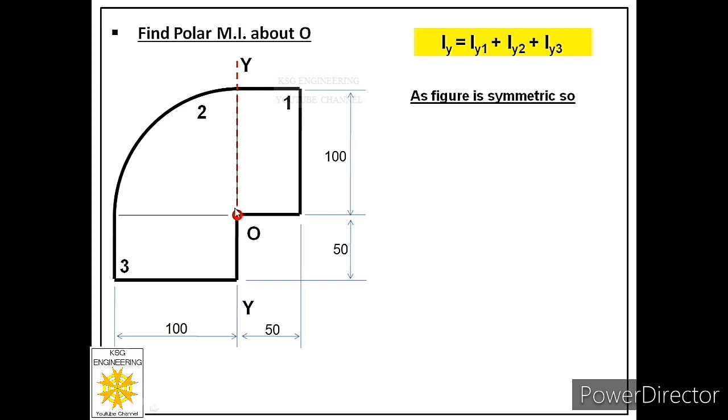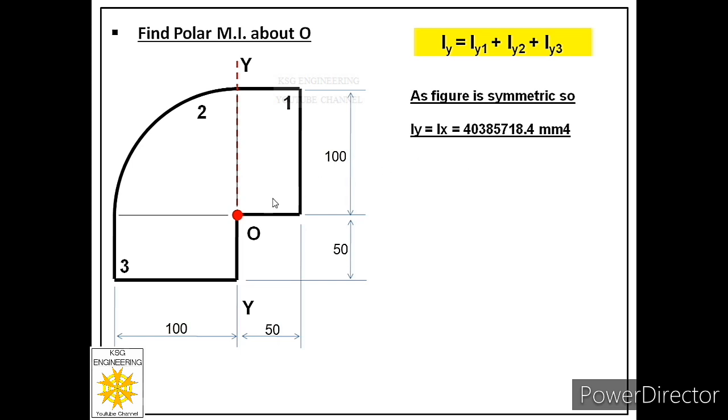But if you consider this axis as y-axis, then same situation will be there. We will have same rectangular area of same dimension below the axis, and we will have quarter circle above that, and to the side of quarter circle we will have another rectangular area which will be of same size. So it means we can say this particular figure is symmetric about y-axis. So whatever value we calculated for Ix, that will be equally applicable to Iy also. So we'll say Iy is equal to Ix is equal to this value.